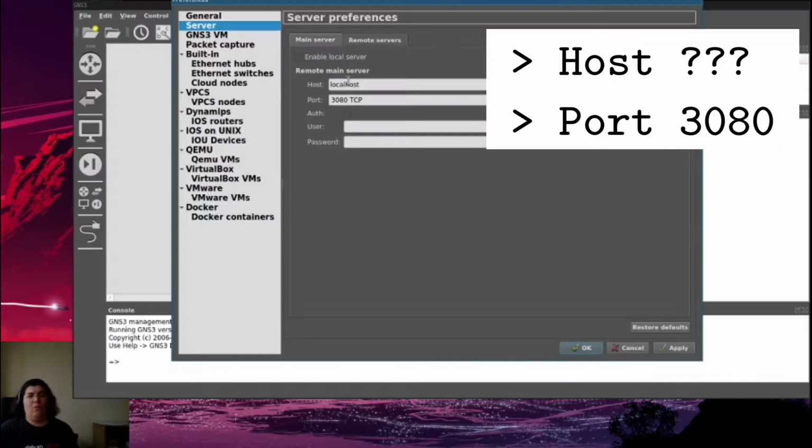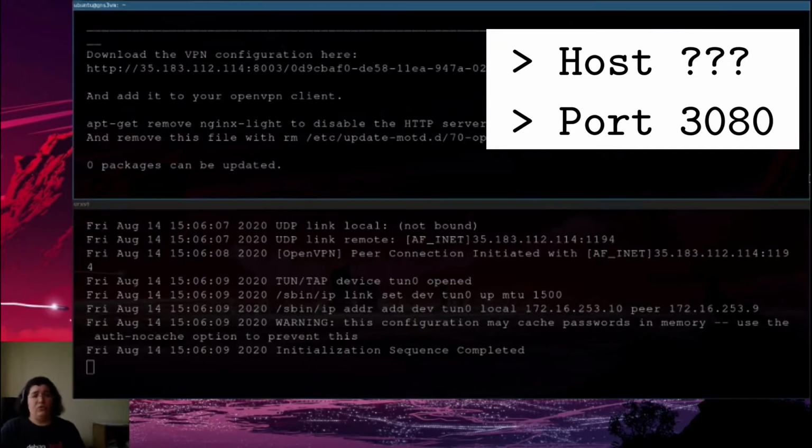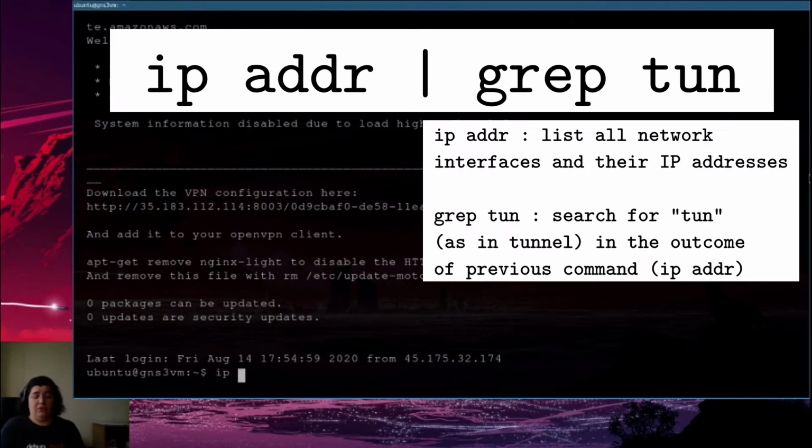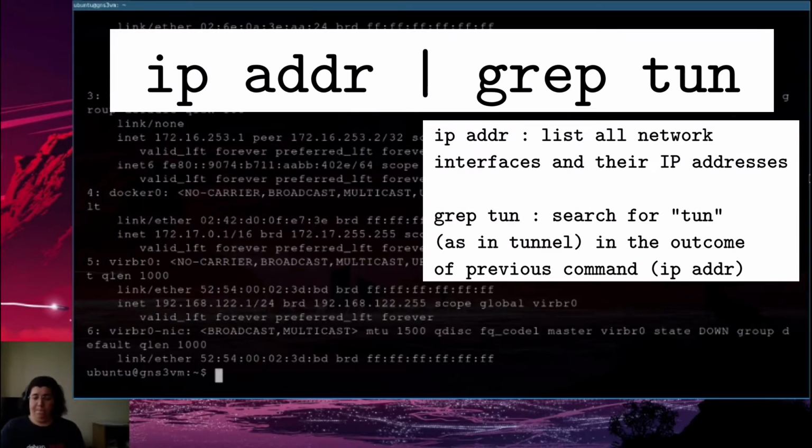But now, what is the host? Is that 35.183? No, that is the public IP for the server. That server is not listening on port 3080 and is not serving GNS3 on port 3080. Where does it serve it? Let's get back to our server. Let's check for the IP addresses. But I want to know about my